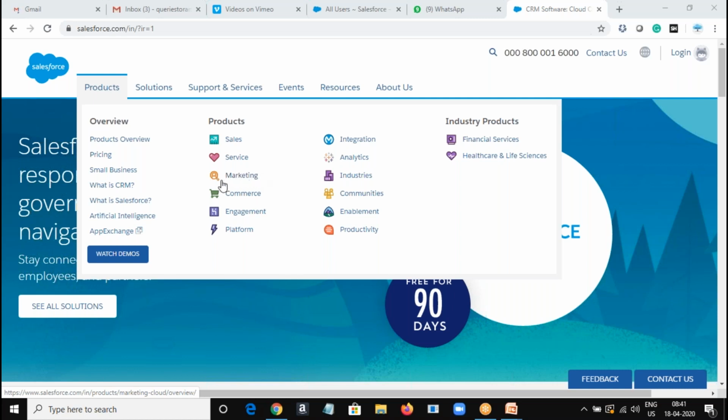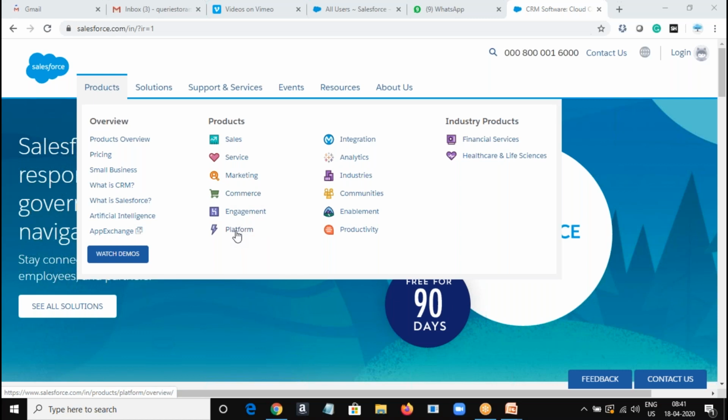You need not be very good at the product details, but have an overview. Commerce Cloud is basically meant for handling e-commerce activities, selling the product, creating the catalog, pricing, like an e-commerce website.